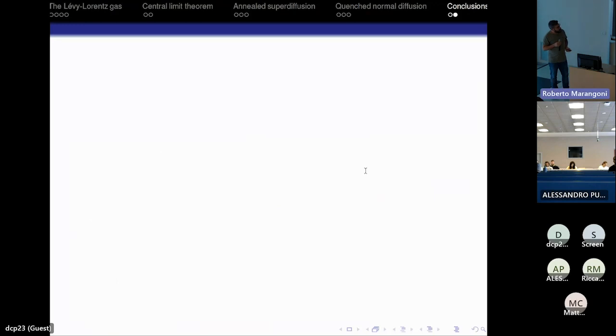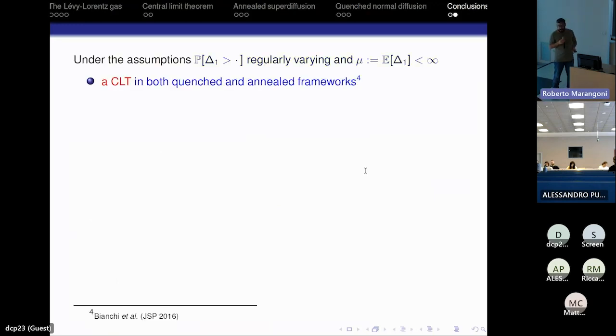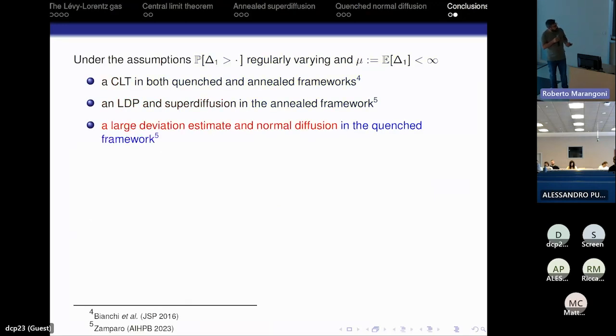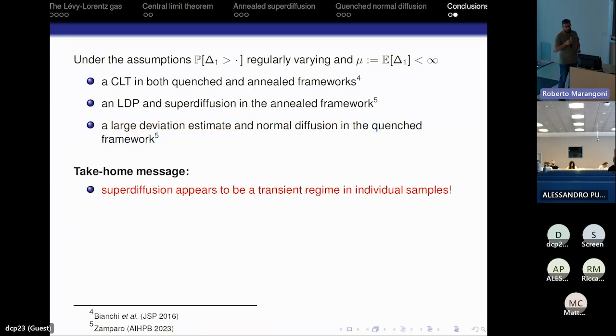So, in conclusion, this model displays superdiffusion in the annealed framework, but not in the quenched scenario. Actually, at the level of individual samples, an initial superdiffusion